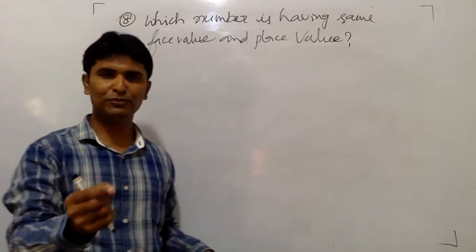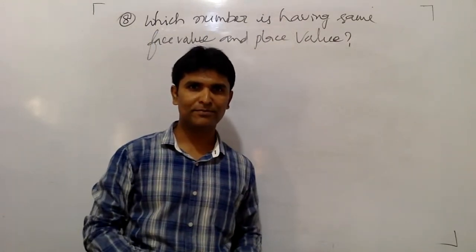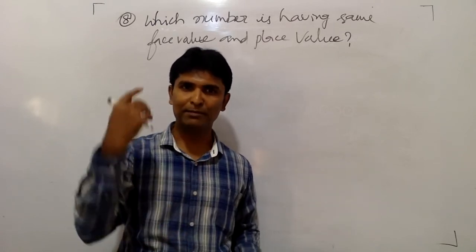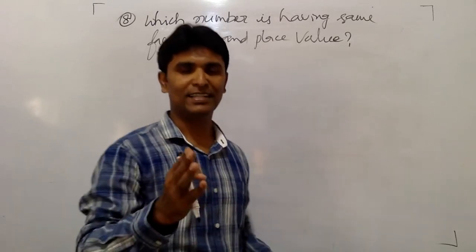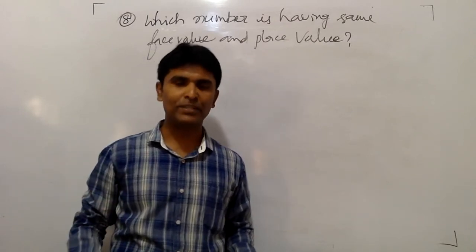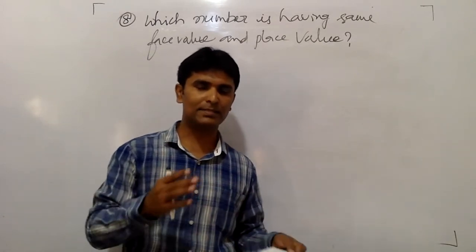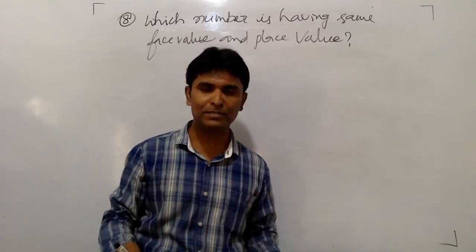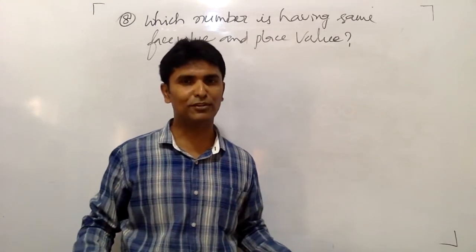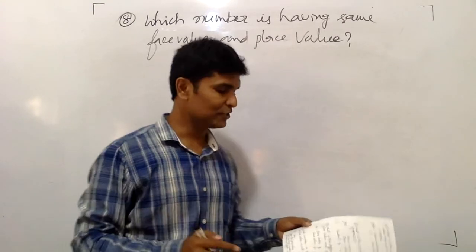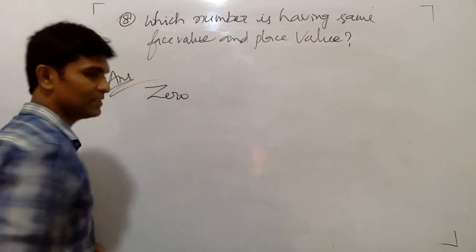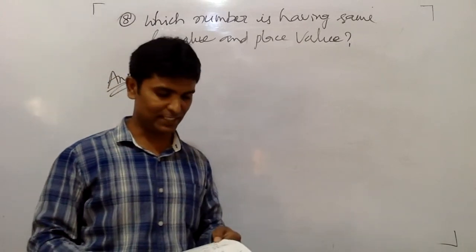Okay. So I am giving you 10 seconds. Can you answer? So only one number is having face value also same and place value also same. Yes, you are right. The answer is 0, because if it comes in the unit place, value of it is 0 only. If it comes in any place, 10th place, 100th place, wherever it comes, it will be multiplied by that place. That's why 0 into anything is equal to 0. So the answer for this question is 0. Okay, this is a very interesting question.